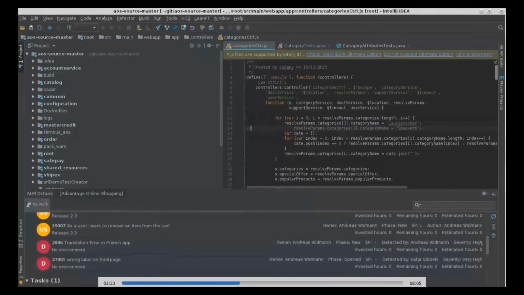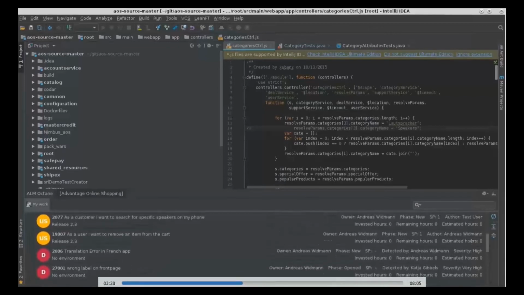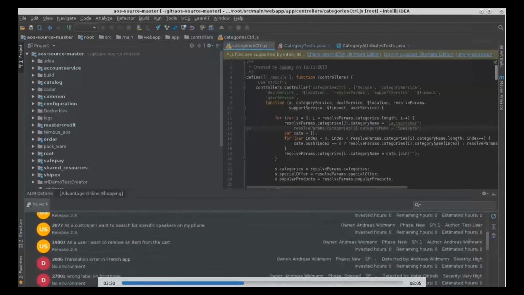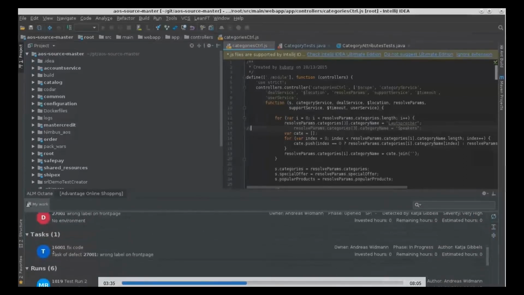So now I would like to build a new application version. This is an IDE, so I use IntelliJ for this demo. In the bottom of the screen, you can see that there is an integration with Octane showing you all the defects, all the tasks, all the user stories you are allowed to work on. So to fix my application, I would like to fix this JavaScript page. This fix is in the context of resolving a specific defect.